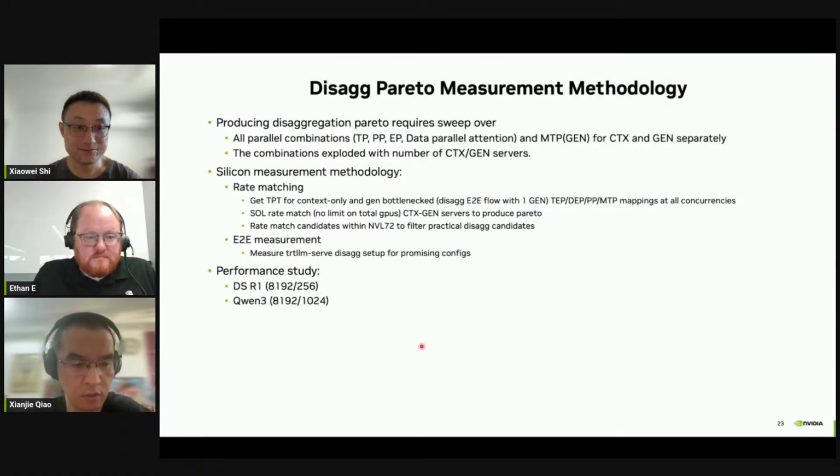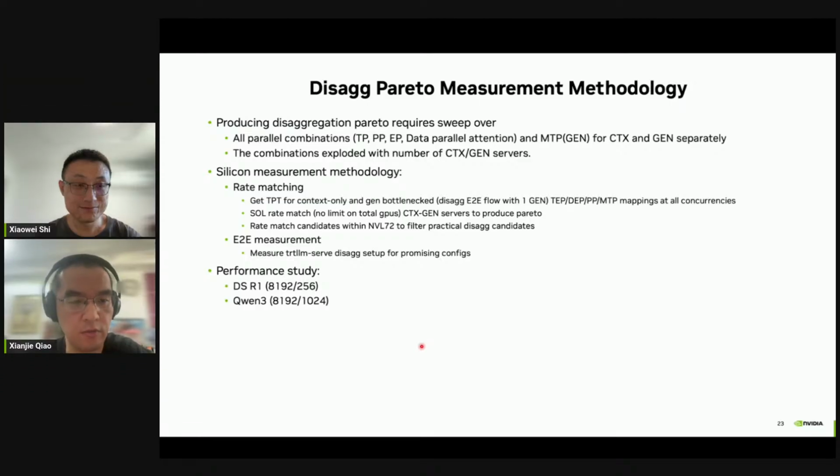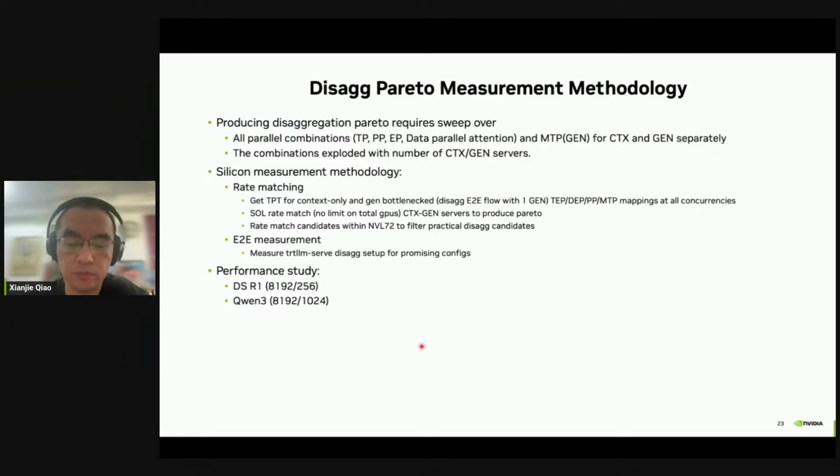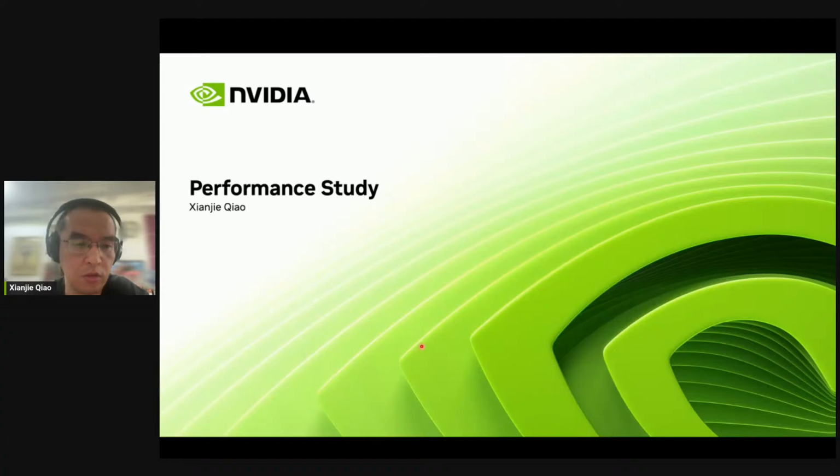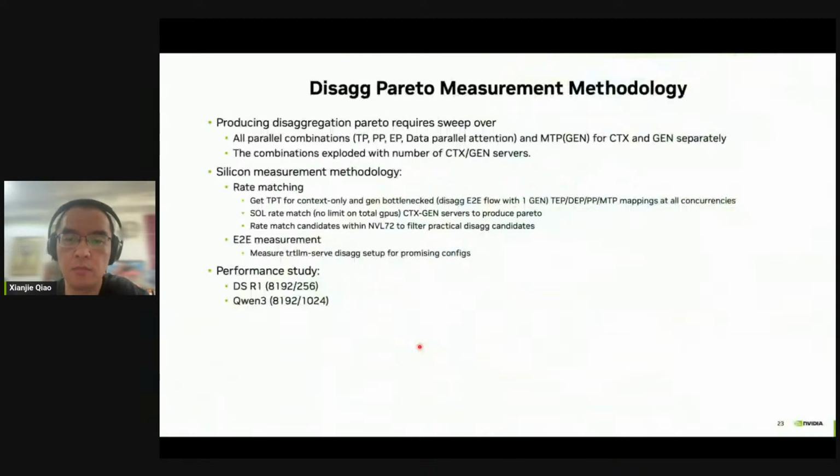Okay. Thanks. This is Xianjie from the TRT-LLM team, and I'm going to introduce some of our performance stats. Let me begin with an overview of our disaggregation benchmarking methodology, followed by the measured performance results for DeepSeek R1